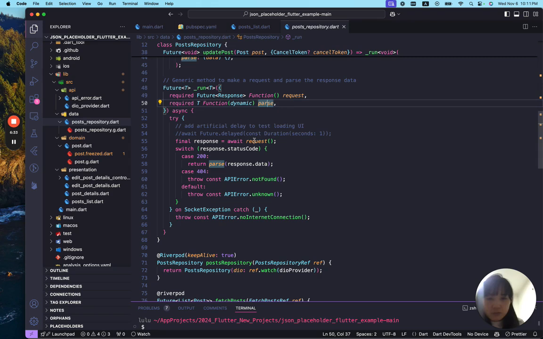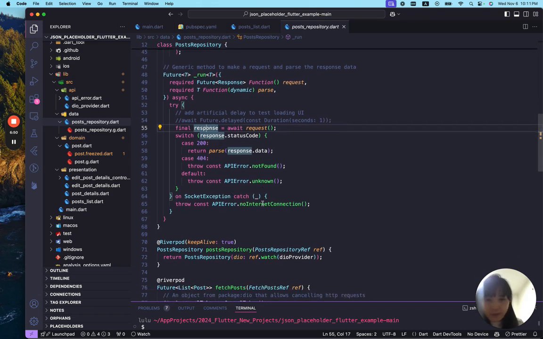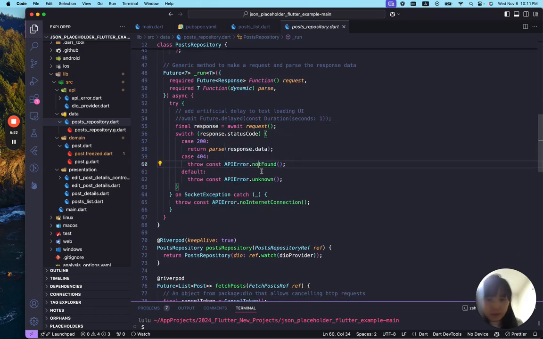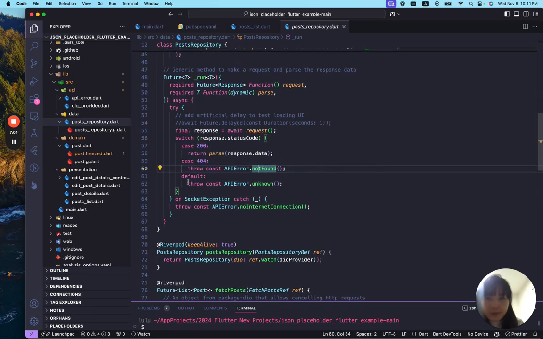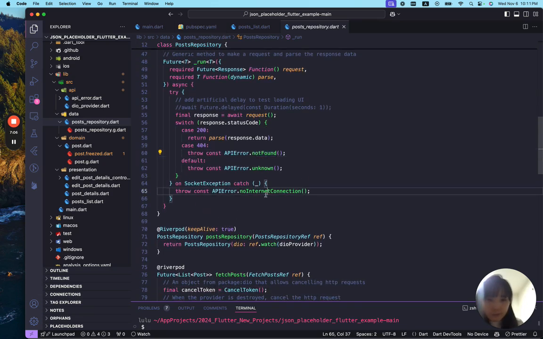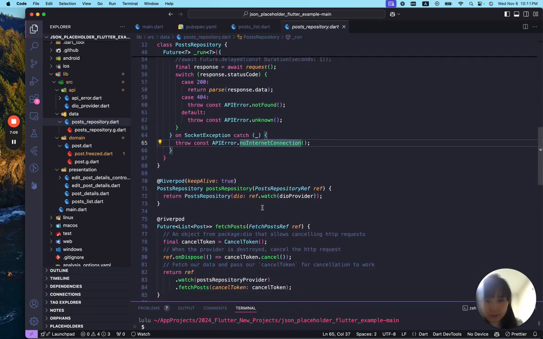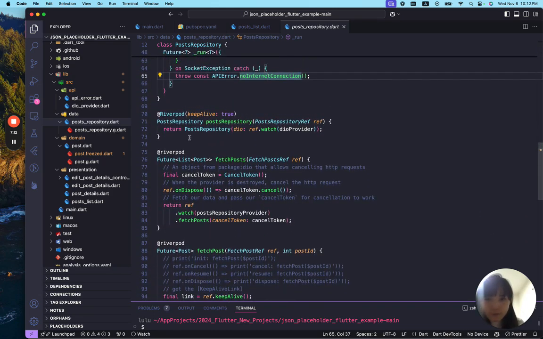the request, which is the function. Whatever request function we get, we will receive a response. And based on the response's status code, we will show data or not found or by default throw an error. Remember this API error not found, we have an extension to display there. And here we use try and catch to catch the error of no internet connection. And at this level we declare the